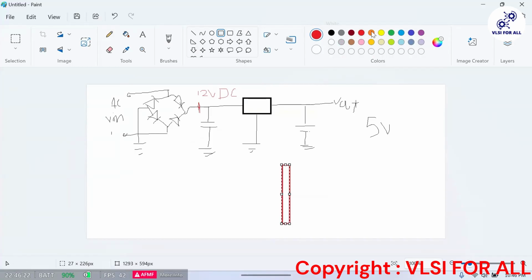In yellow color it should be like this, it will come. Sorry, not like this, it will be like this, then it will become like this from here.